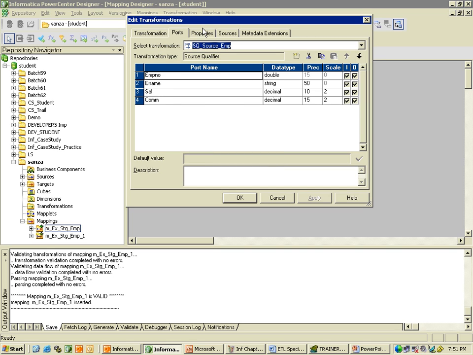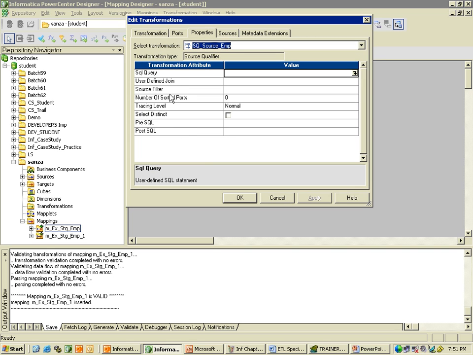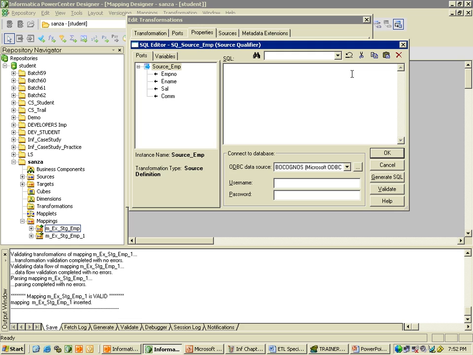Under the properties, there are different tabs. So this is the SQL query. To extract the data from a table, you need to write a select statement. If you don't write any select statement, Informatica will write the select statement by itself, called the default select statement. You may not see it, but at runtime, when it has to extract the data,